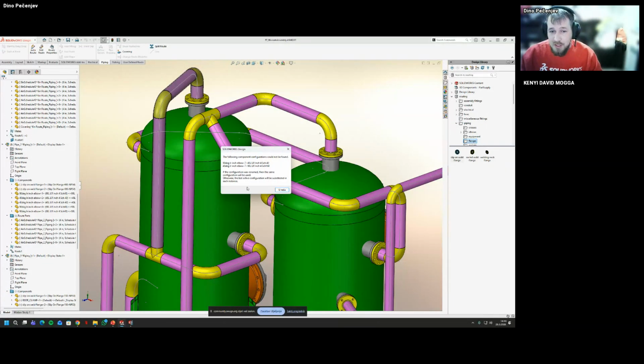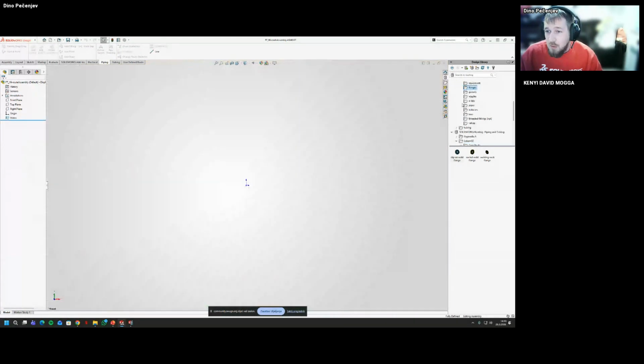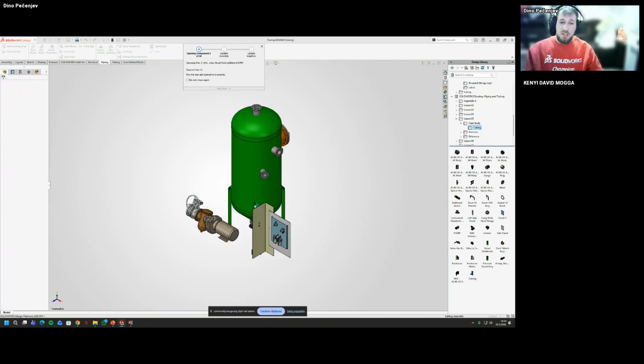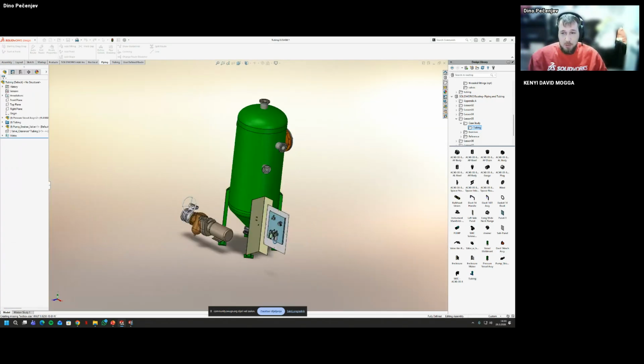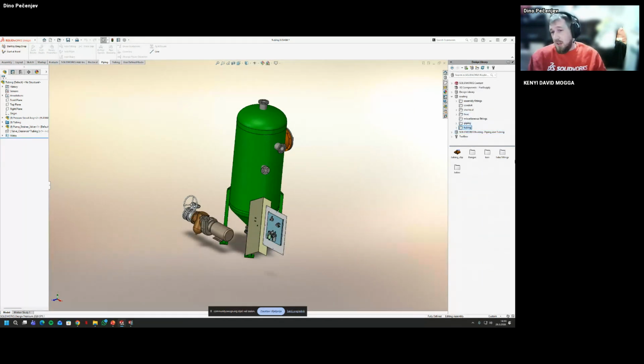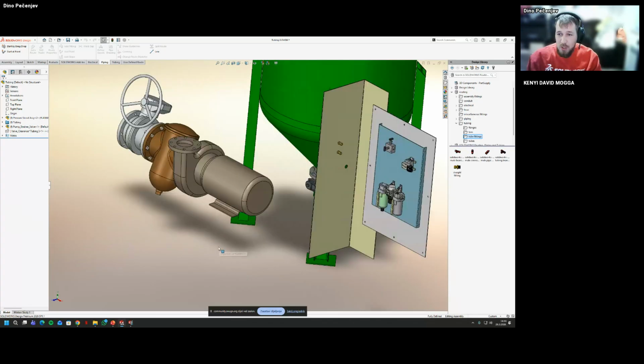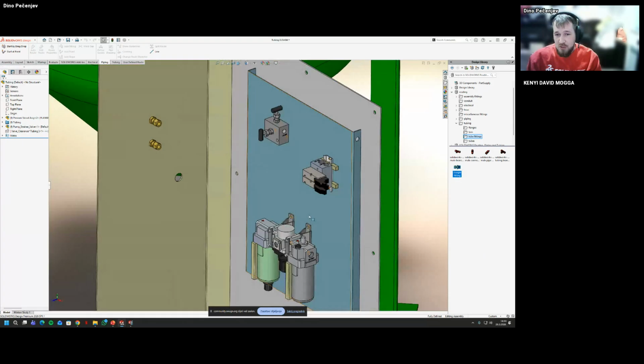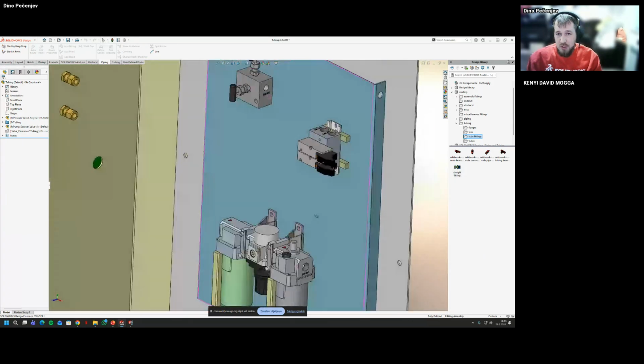So for the next bit, we're switching to the tubing, and we're going to use just a portion of the assembly, so we can focus a little bit more on it. So we have the piping library, just like that. We have the tubing library, so we can use the tube fittings and we can use it to start the route. So I'm going to just do 3 simple routes.